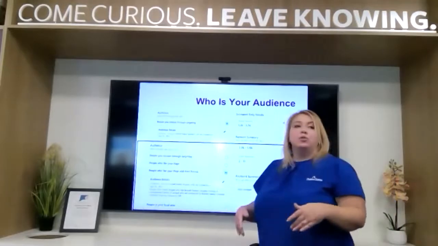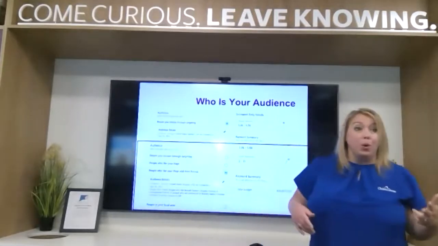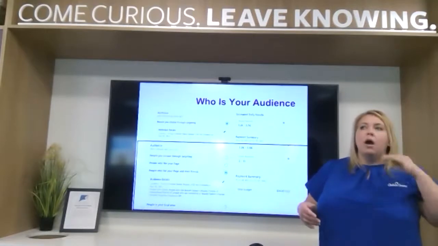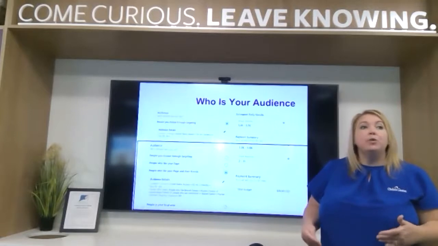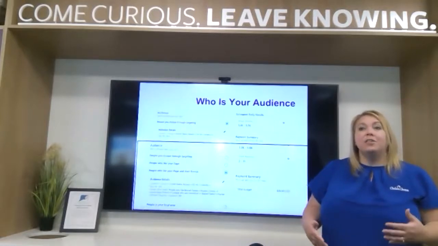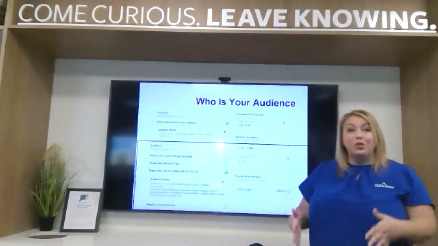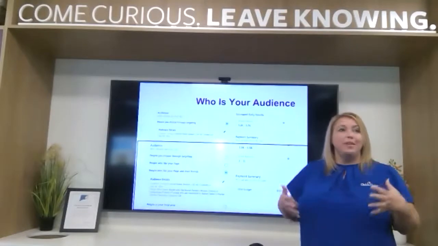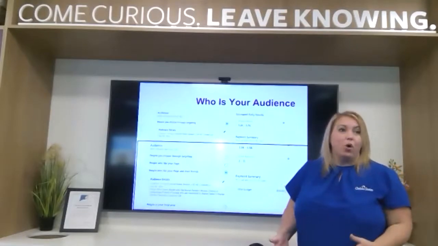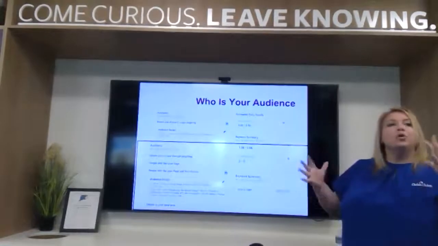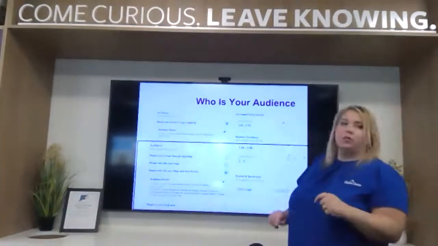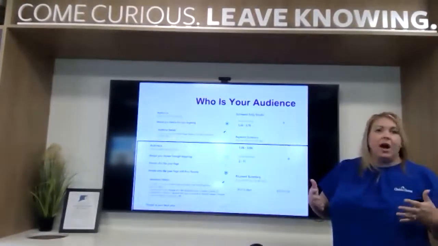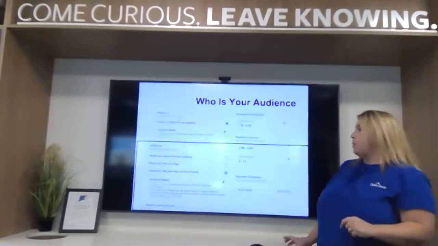You can also choose men, women, or both. Thinking through who is your demographic. If you're a dog groomer, you may only want to select women, because those are typically the people that are making the buying decisions and the choices for who is grooming the dog in that home. So thinking through who is the decision maker and targeting those people specifically, so that you are not wasting whatever budget you've got hitting people that are not your target demographic.